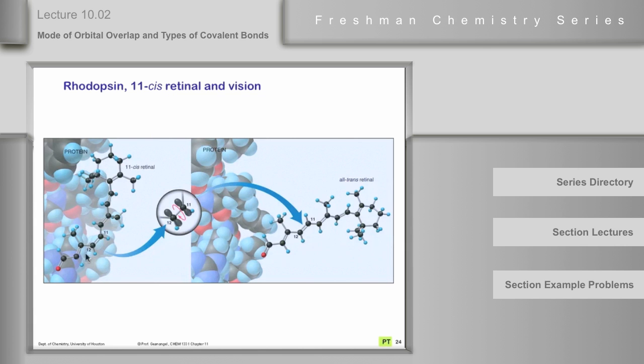When it's 11-cis, the whole molecule is held in close proximity to this big protein. As soon as the light breaks the pi bond and the thing switches around and becomes all trans, then it doesn't fit anymore. And this big end of it sticks out. And when it sticks out, it interferes with the flow of ions in that part of your eye. And when that happens, an electric charge develops along your optic nerve, as I understand it, and it creates an